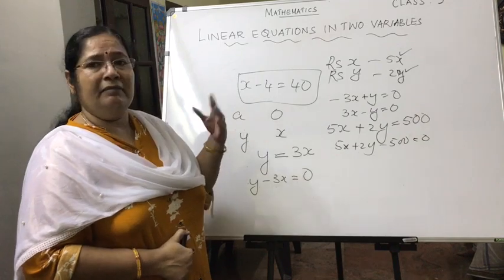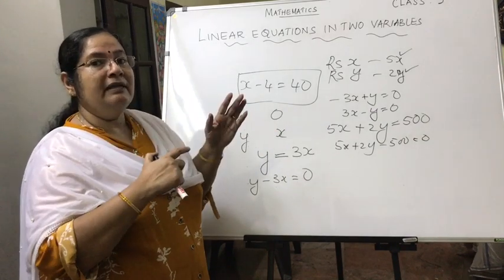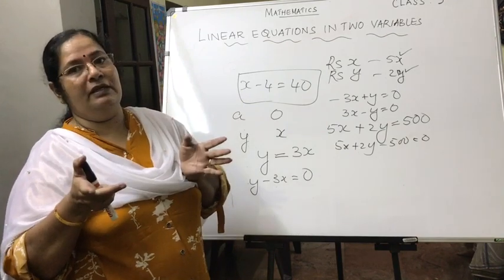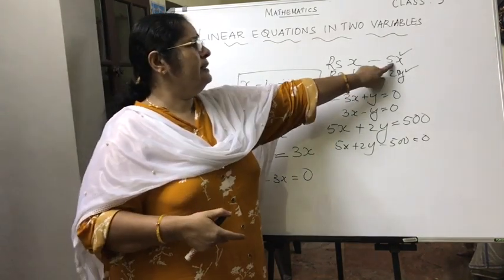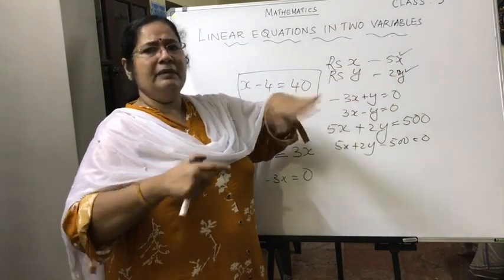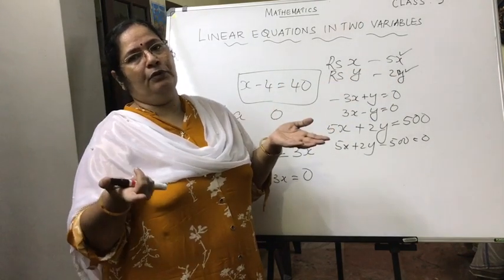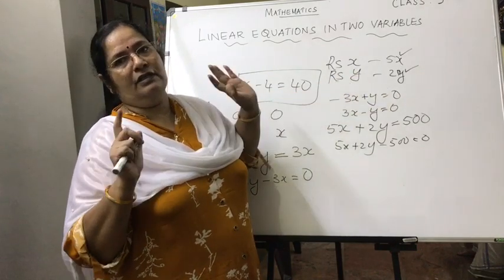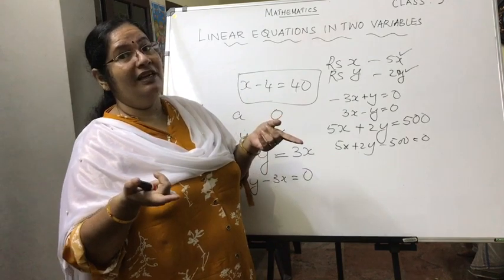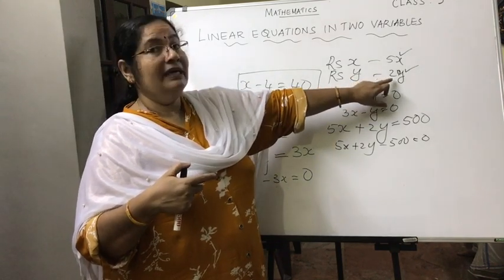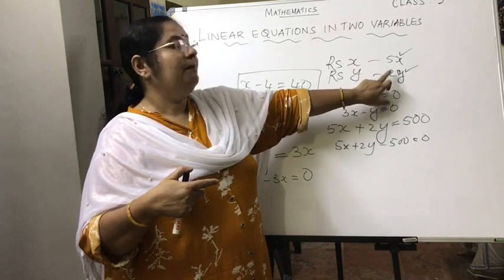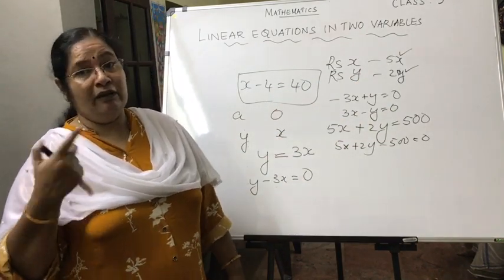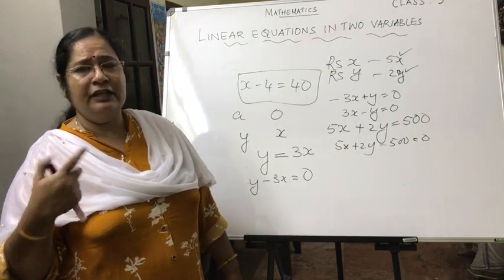So many questions can come like this, where you will be applying this, keeping in mind what variable you have to take. Anyway, there will be two variables. It doesn't matter whether you take this as x or this as y. It depends upon which one you are taking. That is up to you. Even you can take y be the cost of apples and x be the cost of oranges. Then how will the equation be? Oranges cost is x. So 2x plus 5y equal to 500. That will be the equation. So understood what it is?